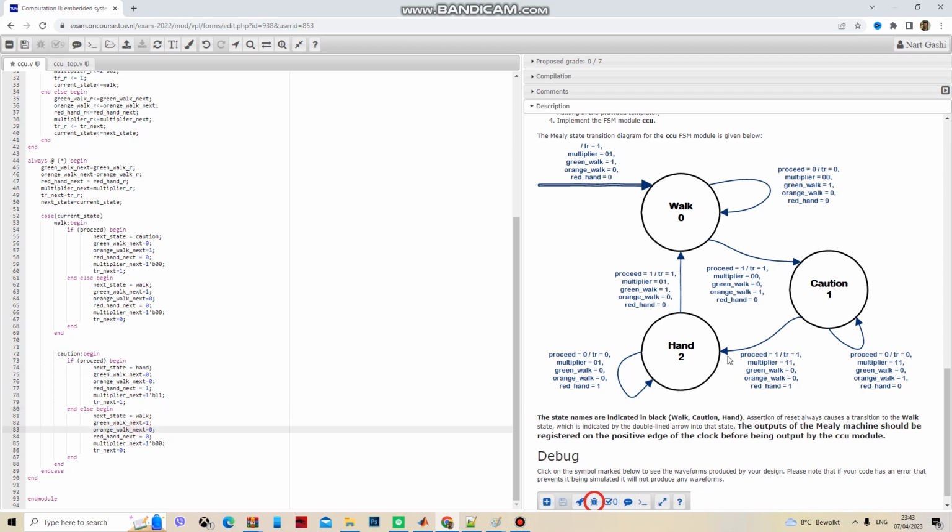Okay, now if I'm looping back into caution, I want tr 0, multiplier should be 1 1. Zero, this should be 1, so my orange will be 1, and the next state should loop back to caution. Now my orange walk also to be 1. Yeah. Okay, one more state left,